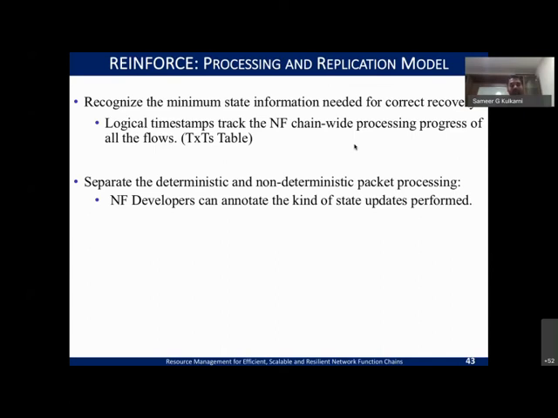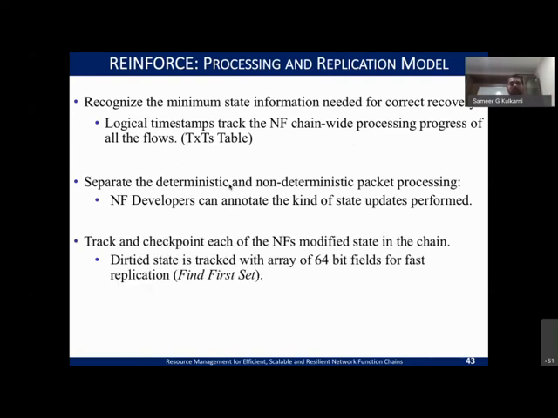So the second scheme that we try to use is to distinguish the way the deterministic packets behave versus the non-deterministic. If you know the state updates that happen for deterministic, we know that the replay is going to help you get the updates. But for non-deterministic, along with replay, you need some additional information to make sure that you can synchronize correctly, right? So earlier FTMB works just did the same for everyone. Here we try to segregate this and say we need to have a distinction between deterministic and non-deterministic packet processing.